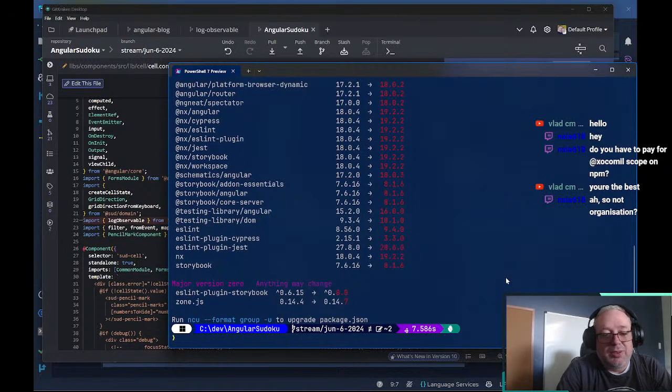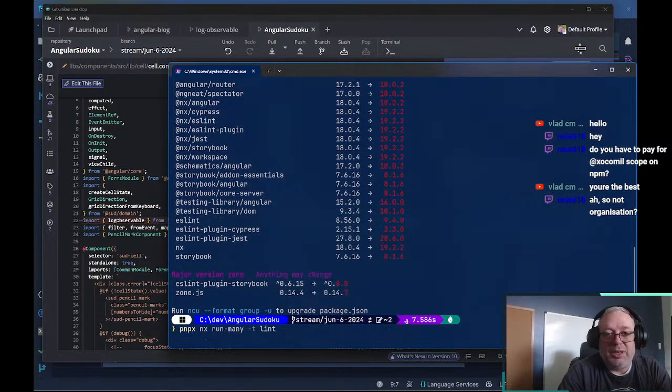We need to run this with PNPX nx, and we just want to do our run-many target equals test. Actually, let's run our linter first. I like to make sure that